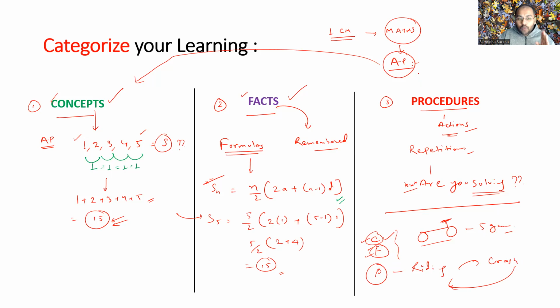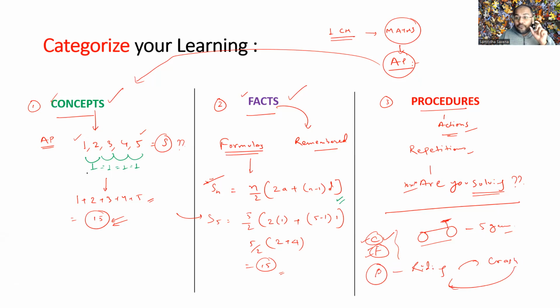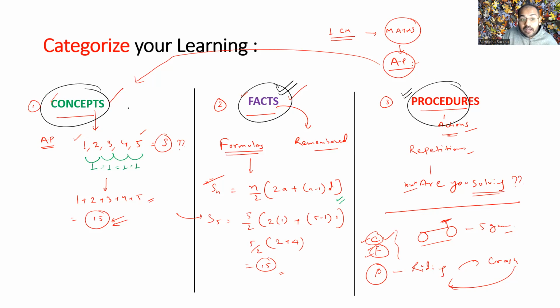So always try to divide your learning into concepts, facts, and procedure, and then try to evaluate at which segment क्या आपके कॉन्सेप्ट्स क्लियर हैं. हो सकता है कि आप फॉर्मूलाज तो याद कर लेते होगे, फैक्ट्स आपको याद हो जाता होगा और आप क्वेश्चंस बना रहे हो, लेकिन कॉन्सेप्ट्स अगर आपके क्लियर नहीं होंगे तो in that case what will happen, there are high chances कि अगर थोड़ा सा ट्विस्ट करके क्वेश्चंस दे दिया जाएगा तो आप उसको सॉल्व नहीं कर पाओगे,